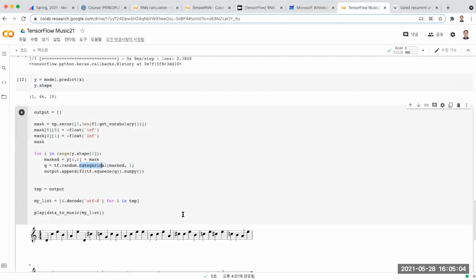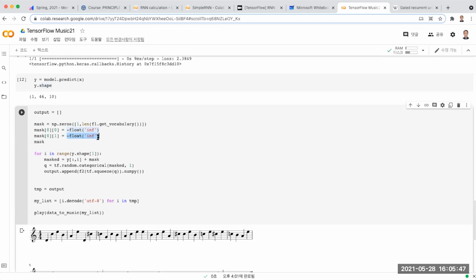So that's the meaning of TF Keras categorical masked one. Oh, okay, yeah, I did not say about the masked. And masked is just to prevent from selecting the zero index and the one index. So here I intentionally make the mask 0 and 0 is minus infinity and 0 and 1 to the minus infinity, because 0 is a string. I mean, it's an empty string, and 1 is unknown. So I don't want these two